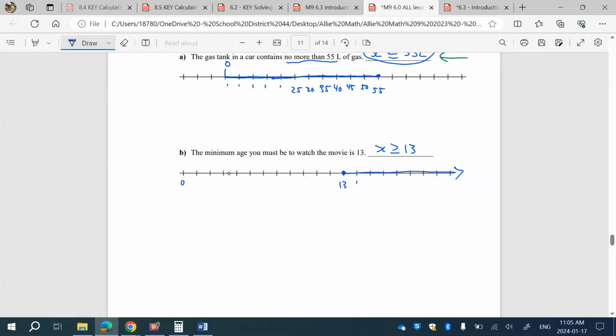That's 0. We can label as 14, 12, 11, 10. You get the idea. So it's going to include all of those ages above 13, but also